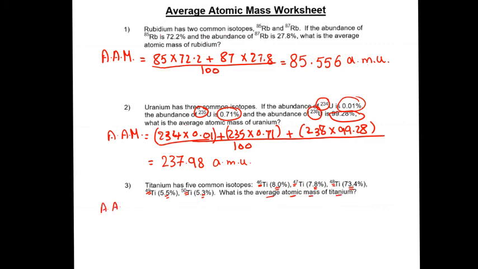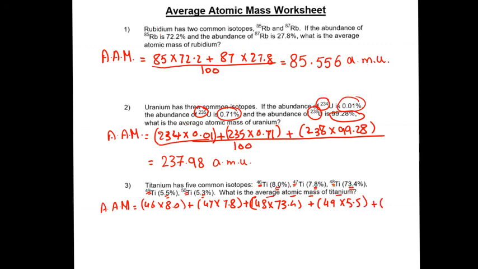Average atomic mass equal 46 multiply 8 plus 47 multiply 7.8 plus 48 multiply 73.4 plus 49 multiply 5.5